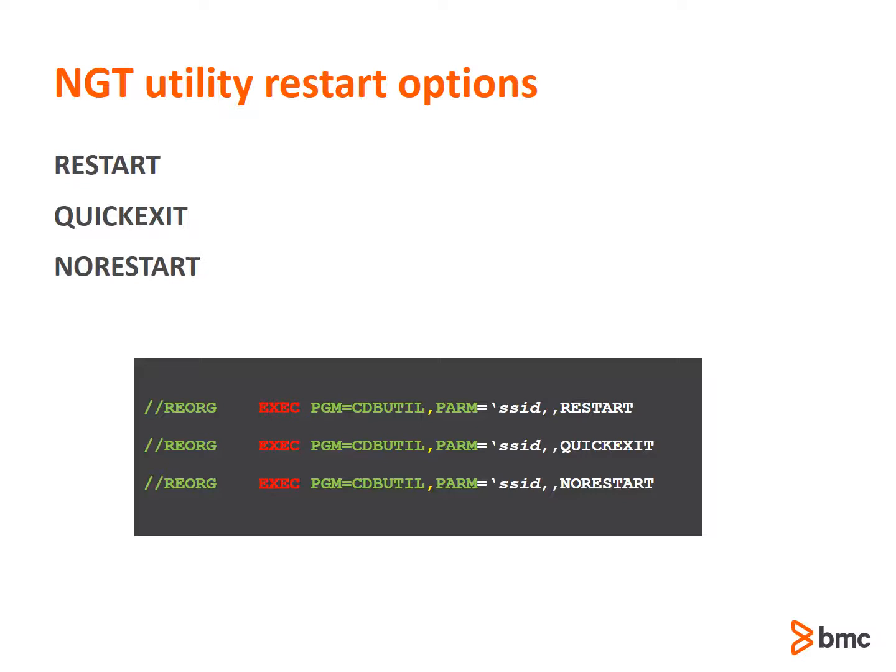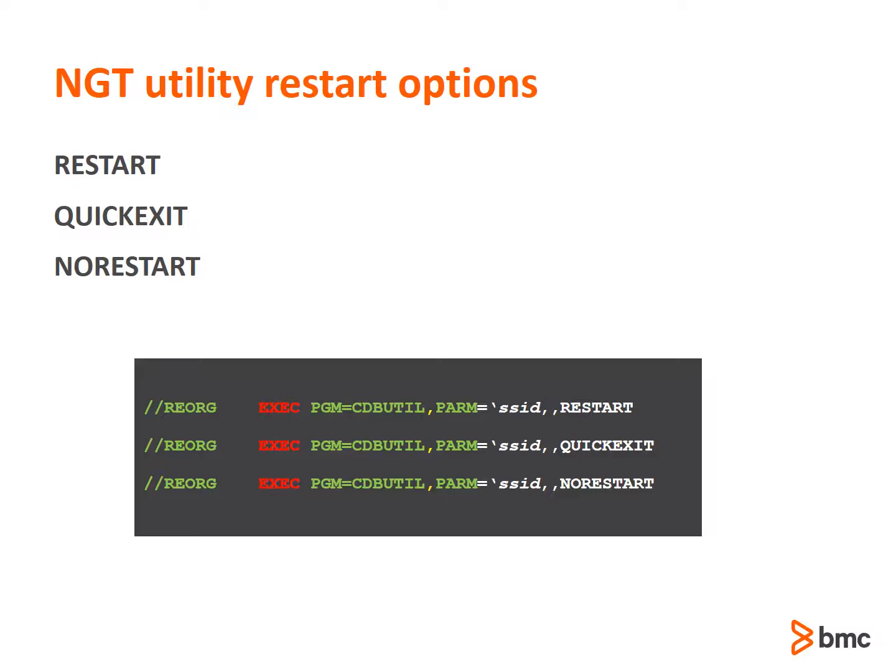Quick exit can be used to terminate and clean up a utility from a previous run. Specifying quick exit will take the fastest path to ending and cleaning up a utility. In the case of a utility being in a must-complete state, quick exit will function identically as if restart had